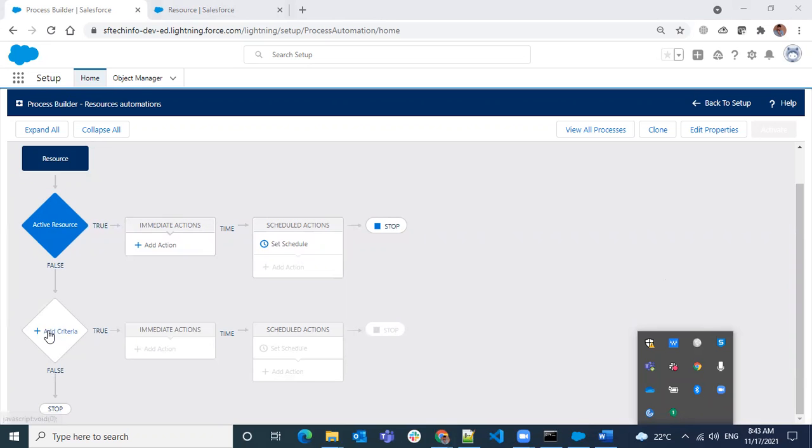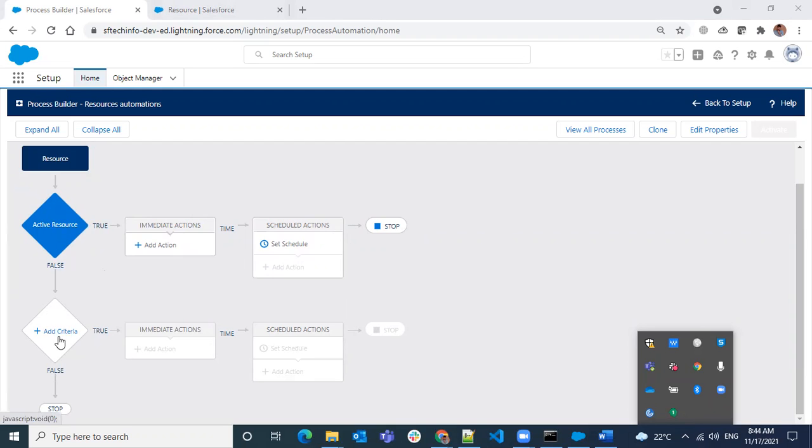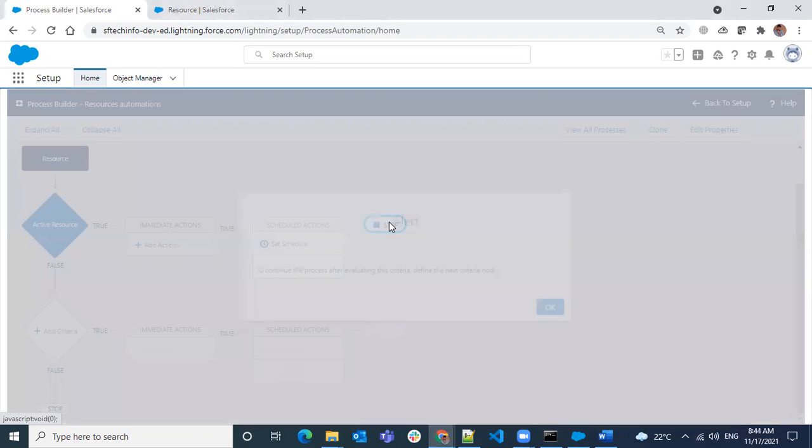If you add a criteria here, then it will evaluate the next criteria. But even after executing these actions, if you want to go to the next criteria, you can change the stop.